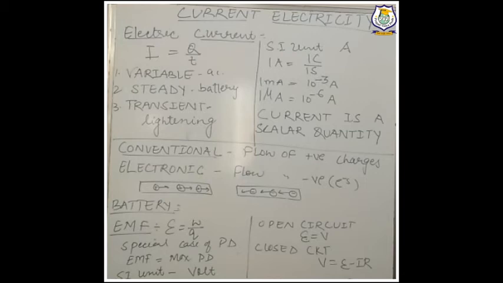Actually, when any conductor is connected with a battery, or we can say the battery is connected in the circuit through wire, then only can we see the flow of electrons. And if we have connected an ammeter also, which is the instrument to measure the amount of current, we can see that whenever we switch it on, we will see some amount of current. So it will be clear that if the battery is there, then only current is there. If the battery is not there, then we are not having current.